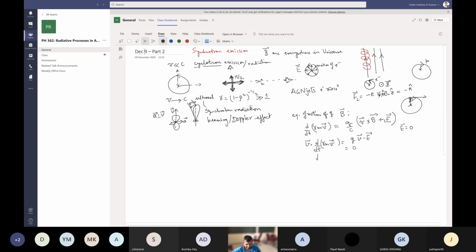There was a homework problem on this, and I think Shipra also solved it in the tutorial session. Basically this is what we get. What it means is that in this circular-like motion, gamma of the particle will be constant. And what is gamma? Gamma,